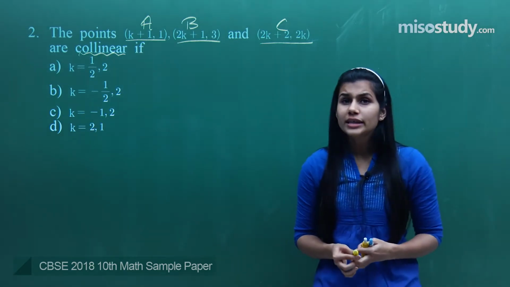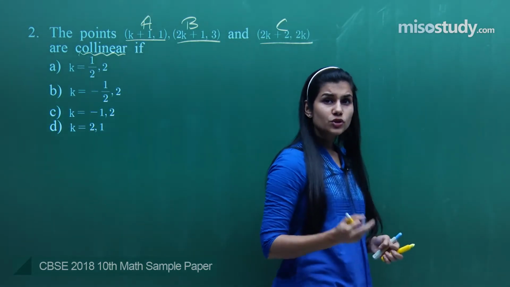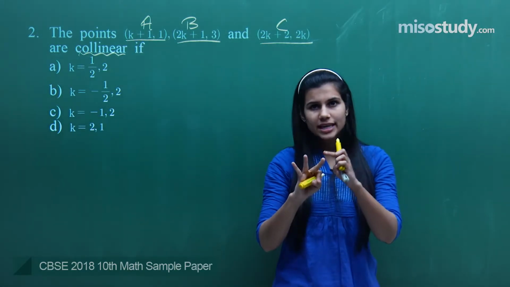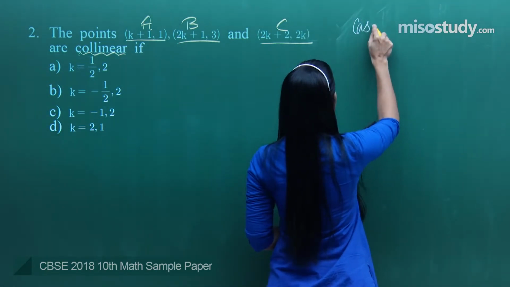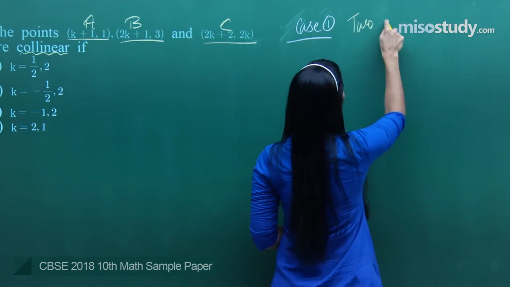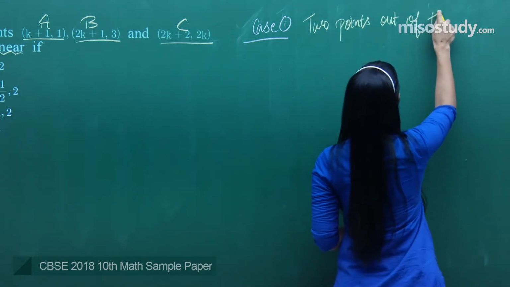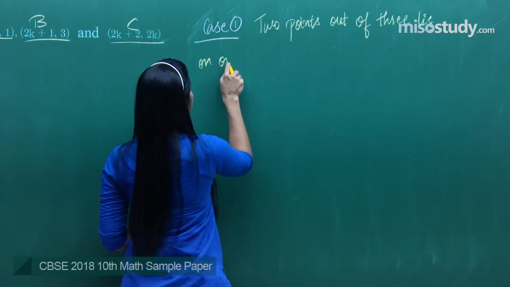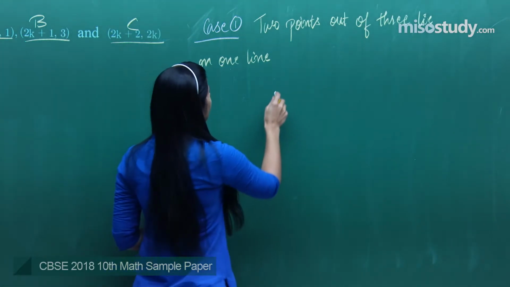Now, in order to understand collinearity, there are 2 things which we need to know. The first thing is, suppose you have 3 points, say A, B and C. Among these 3 points, you can have 2 cases. Case 1 is that 2 points out of 3 lie on one line. That means you have 3 points. Out of them,